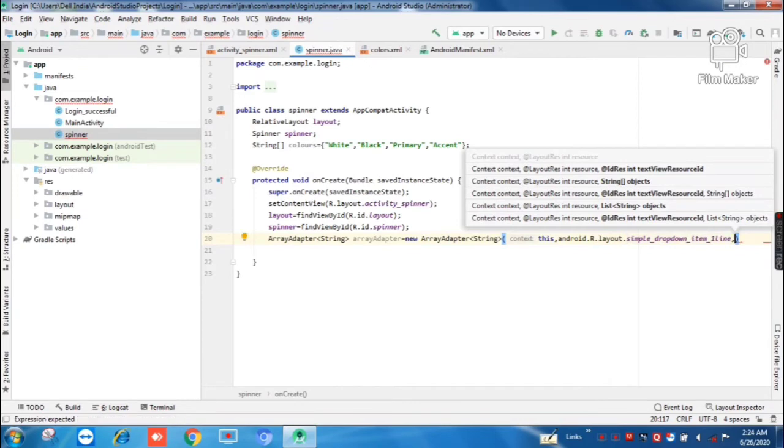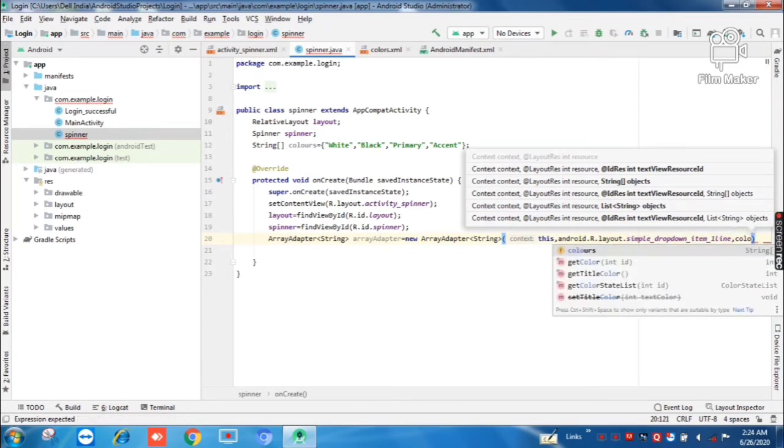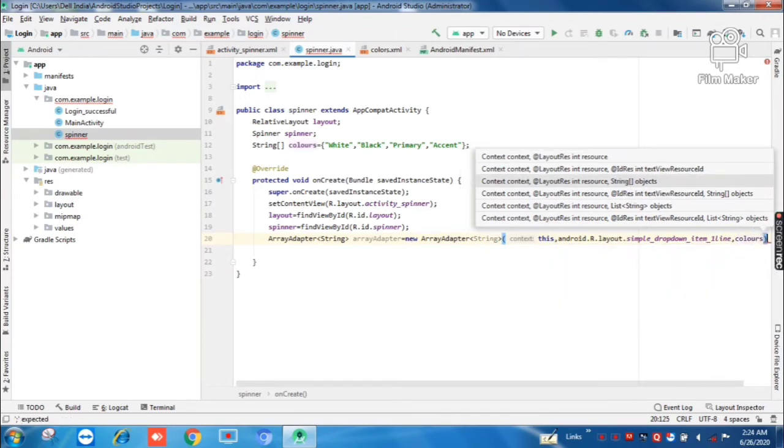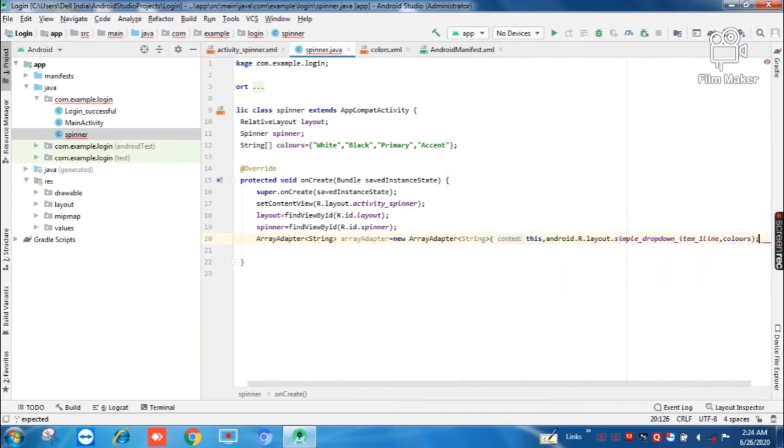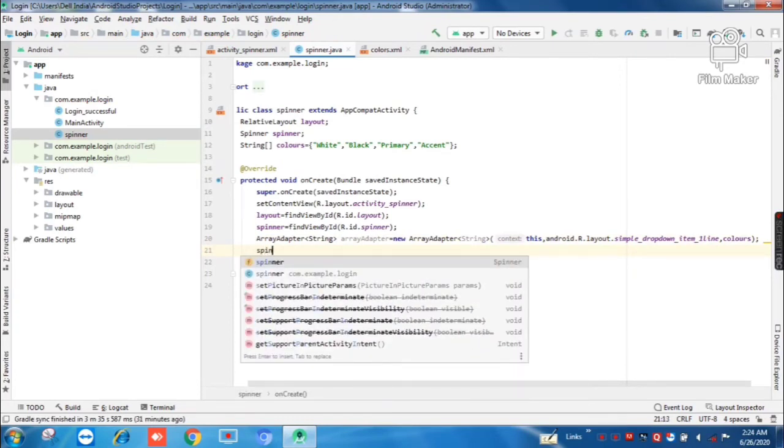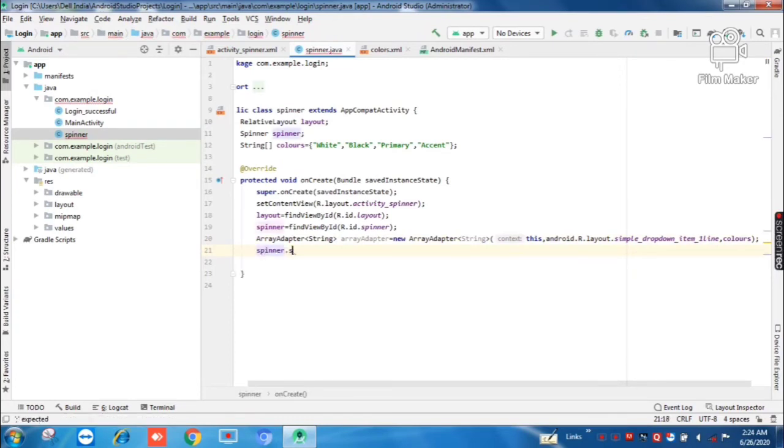And third parameter is our array which we defined above, named colors. Put a semicolon at the last and set our spinner to this adapter using setAdapter method. Spinner.setAdapter and pass our array adapter in here.